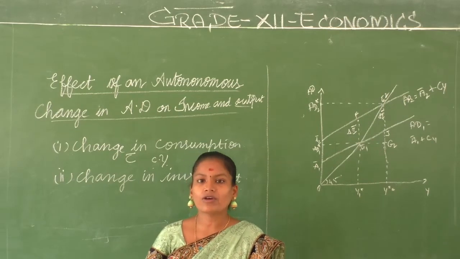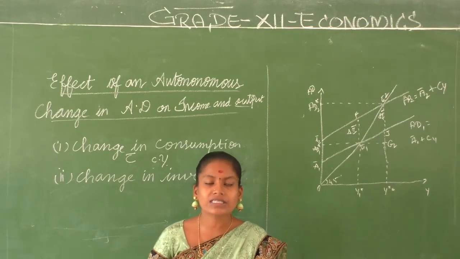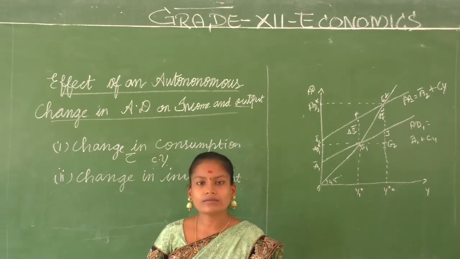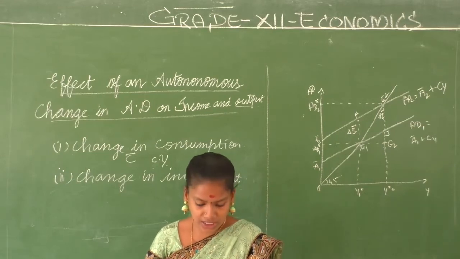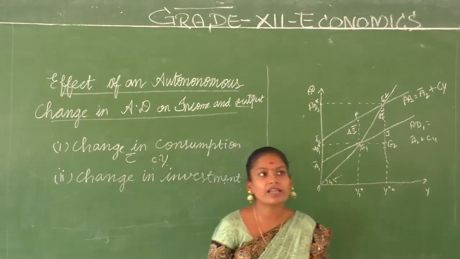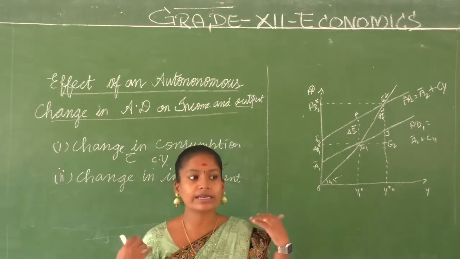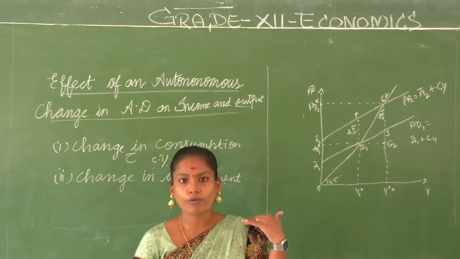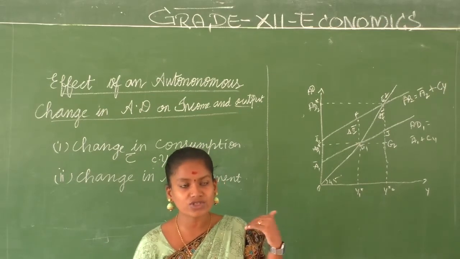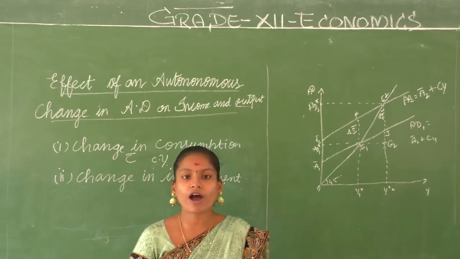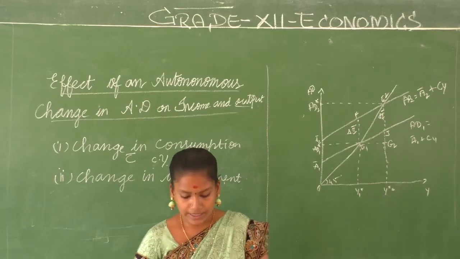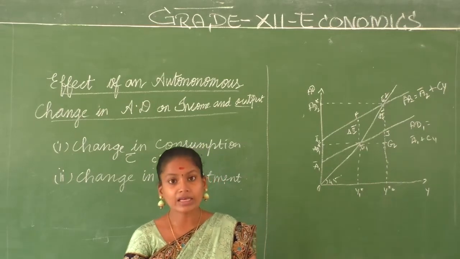Even though it does not rely on income or profit, it relies on some other things like the availability of credit. There are a number of variables other than income which can change investment expenditure. One important factor is the easy availability of credit. When banks are interested and credit facilities are given, you go for more buying and more investing. When a good agricultural credit is given, the farmers will be interested in doing more in the agriculture sector. So, easy availability of credit and the low interest rate.